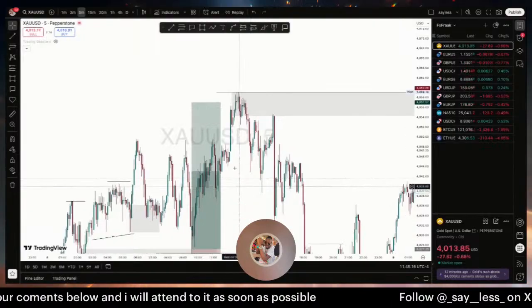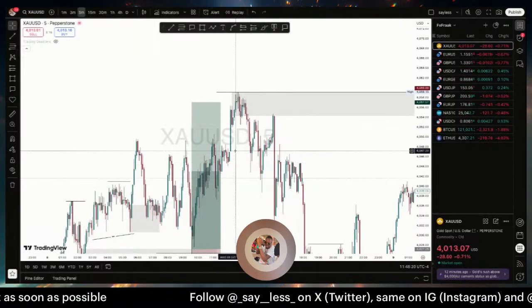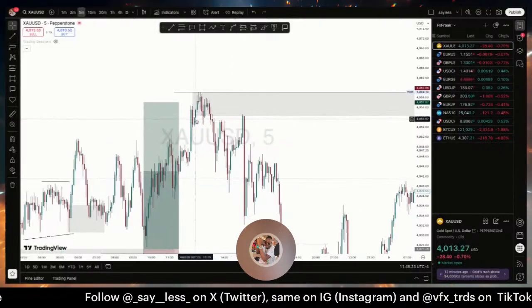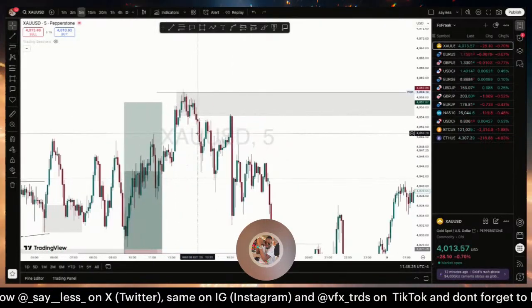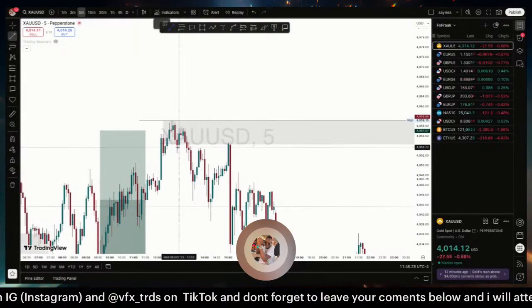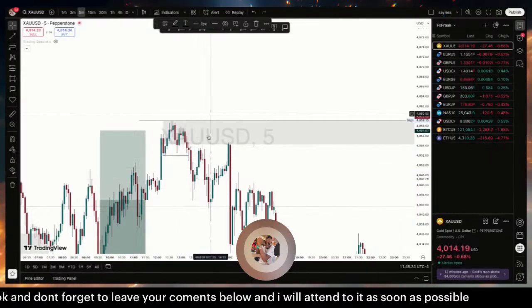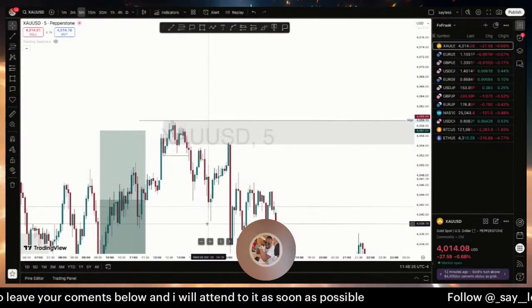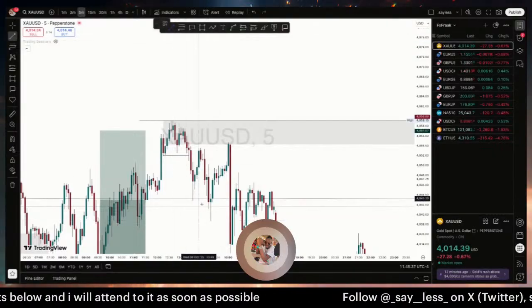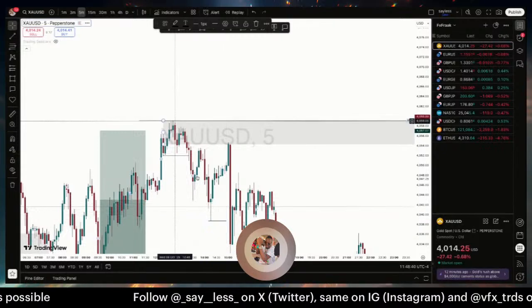All right. You already established the fact that when there is a break of structure, you expect a retracement. Now, this one at the top here might not look good for you because obviously you don't expect a break of structure at the top. But the moment you see a second break of structure, that was the first one. So the moment you see a second break of structure at this level, this is already telling you that this is